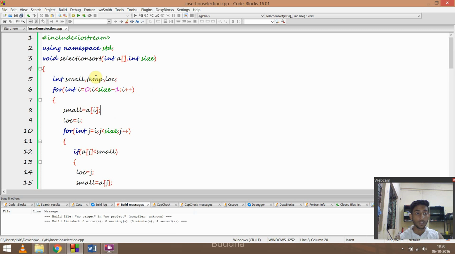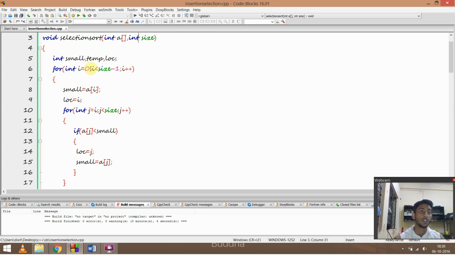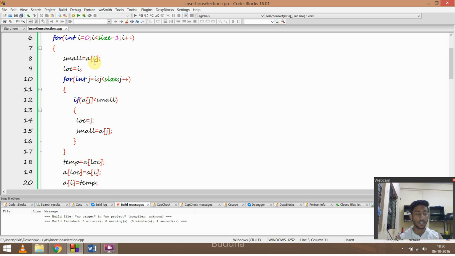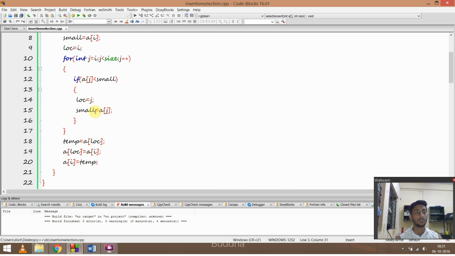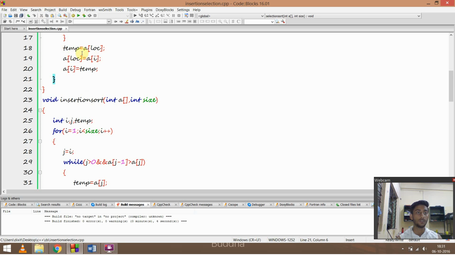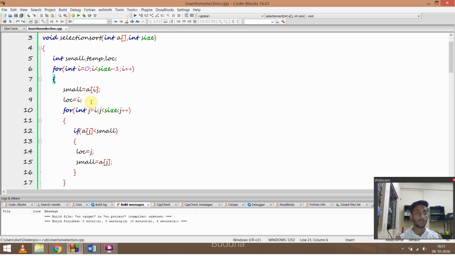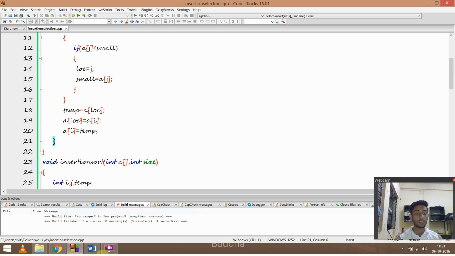Now as you can see, we have passed two arguments, an array and an integer size. Now what we have declared is small, temp and loc as integer variables. We have used a for loop. Now we are taking the array element a of i and storing it in small, and i gets stored in loc. Now again in a for loop, I have put in a condition over here. If this array element is less than small, then j is assigned to loc and a of j is assigned to small. That is the swapping thing, and this is the same thing which we are going to do if this is not the condition. Now as you can see, this code helps us to achieve the algorithm which I just showed